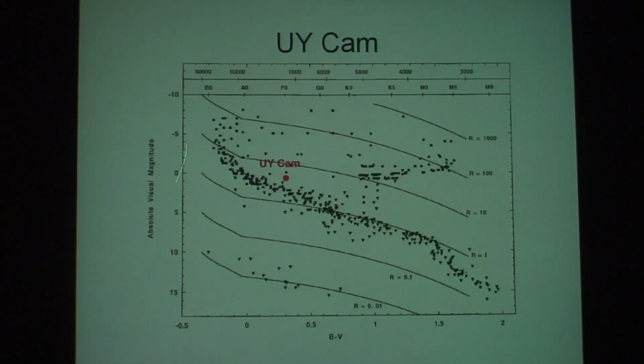And we want to put this on our diagram here. Well, it turns out that all the RR Lyrae stars all have about the same absolute magnitude. They're all about 0.7. So they all lie in about this level on the diagram. 0.7 magnitudes is about 4.1 magnitudes brighter than the sun. So that means they're about 40 times brighter than our sun. Because the absolute magnitudes are all the same, I didn't actually have to measure it, which is a good thing because, again, it's very difficult to get absolute magnitudes. The color, 0.28, is about there. And so there's our star.